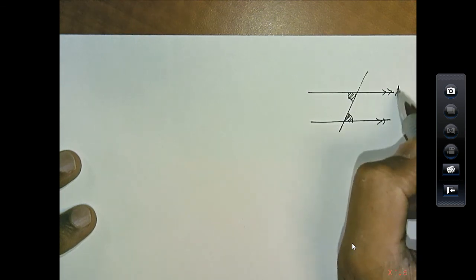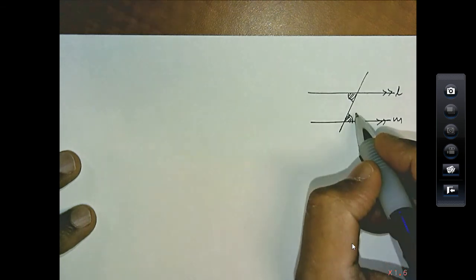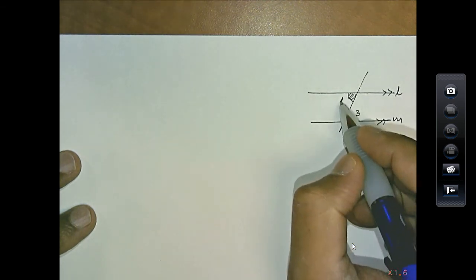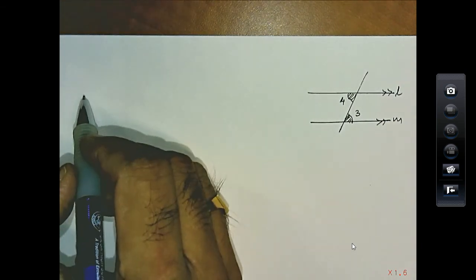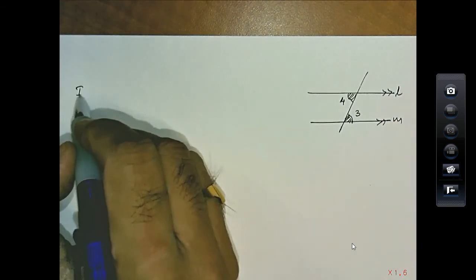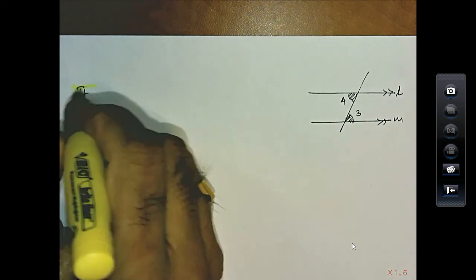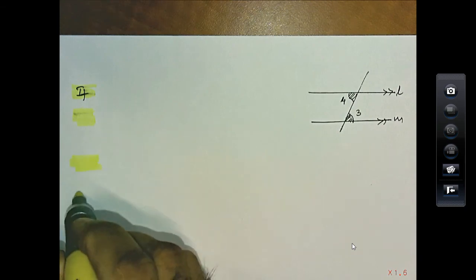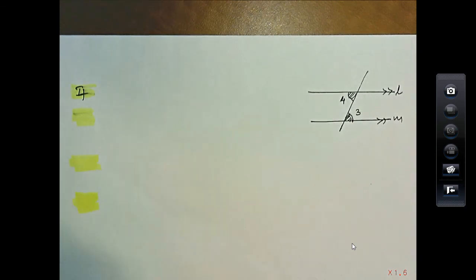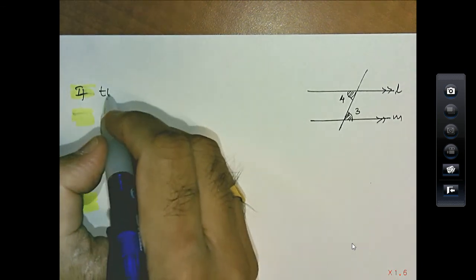So let's say L is parallel to M. If two lines are parallel, then alternate angles. Let me number them. Say angle 3, angle 4. So angle 3 equals angle 4. Let me write the statement. If, just a moment, let me use my highlighter first. Okay. So here, if two lines